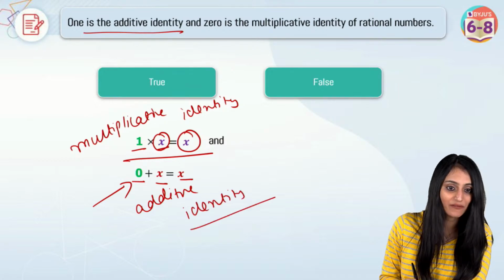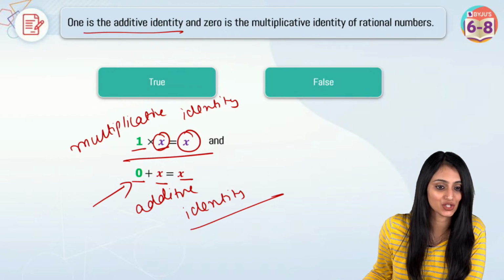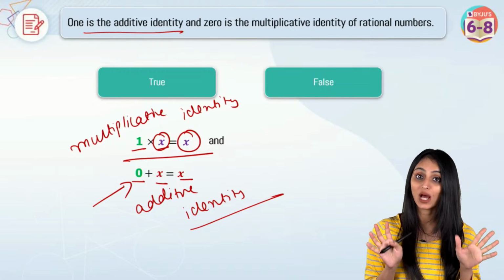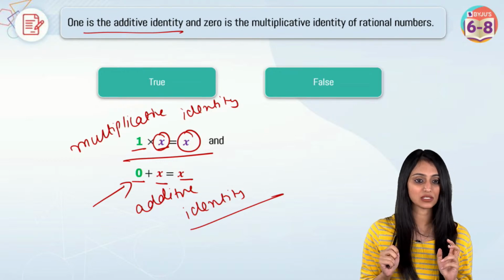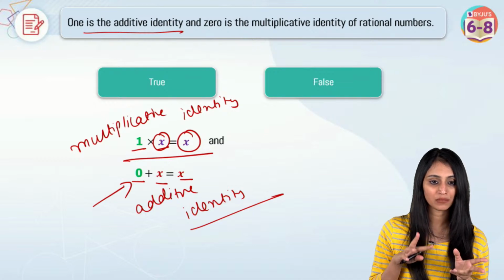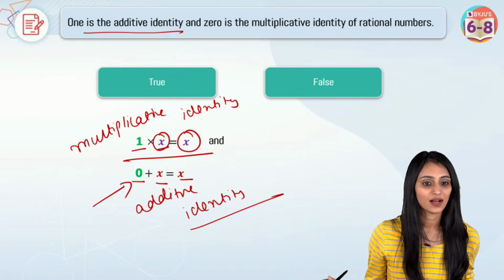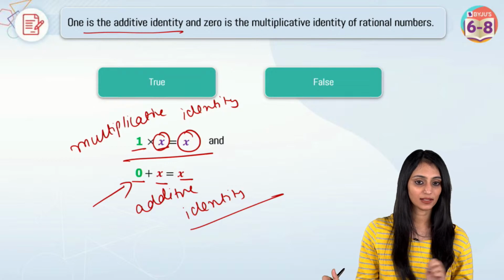I hope this is clear to everyone now. Yes, 0 is the additive identity, 1 is the multiplicative identity. Right, Aharshi? Yes, Gayatri, right answer. So a lot of students had doubt in this, right? This concept was not clear to you. Yes, Tushar, your answer is correct. Answer is false here. Apeksha, yes. Poonami, yes. Nandini, no ma'am. No ma'am means no doubt or you haven't understood this. Archita got it right. Shobha, yes. 0 is the additive identity, right? Nayana, okay. Yes, Nandini, I hope this is clear, right?